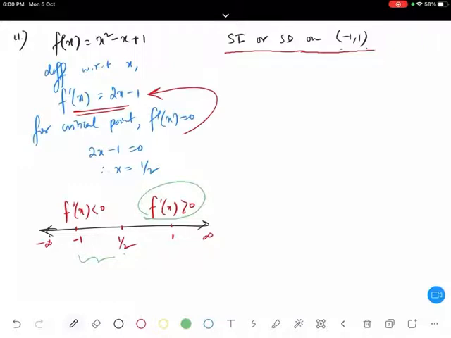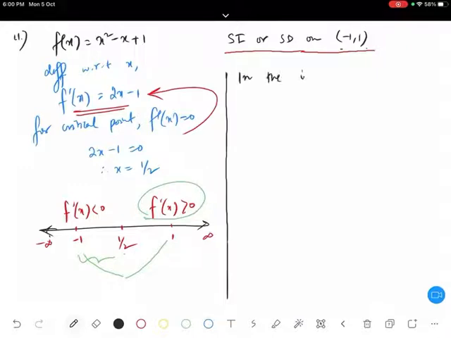Yes or no? Please tell me, guys. Have you understood this one? So if I have half, minus 1 and 1, so between that you see the function is decreasing and then it is increasing. So what we say? It proves that the function is neither strictly increasing nor strictly decreasing. Have you understood? Come on, guys, tell me. Am I clear? Yes or no?